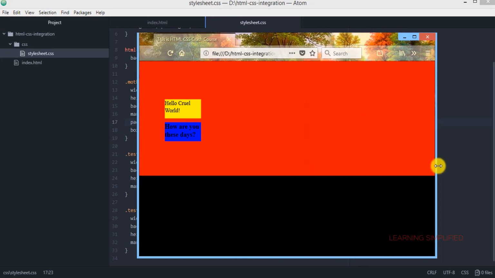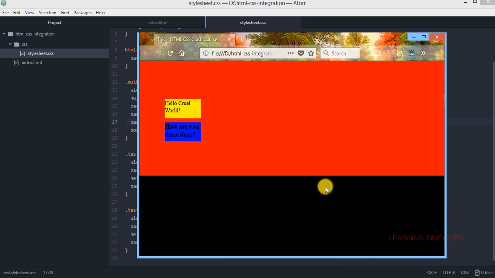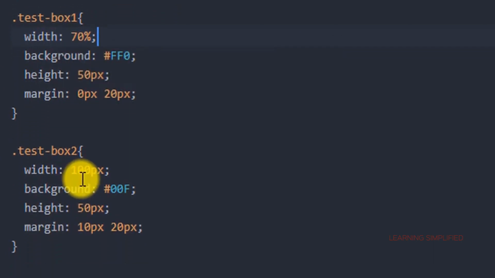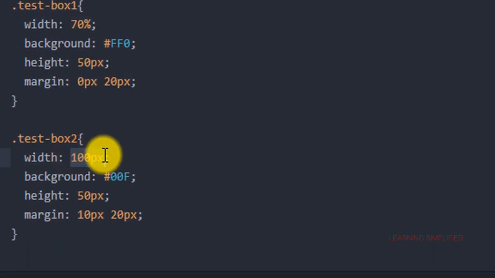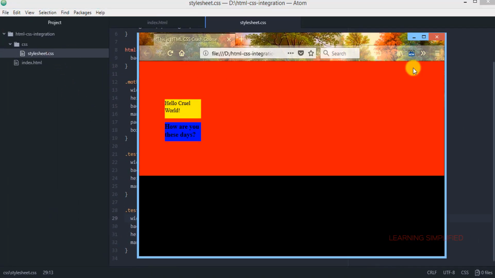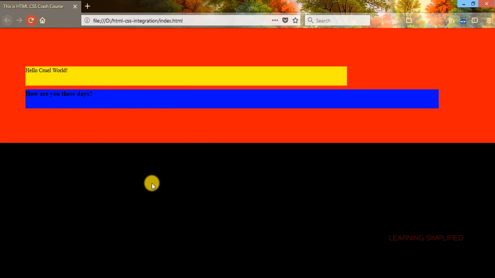So if we now provide here this particular percentage value, instead of this pixel format, for this test box 1, say 70%, and for this test box 2, say 90%, save it, get back to our project, and if we reload, then we can see that this will be the output.